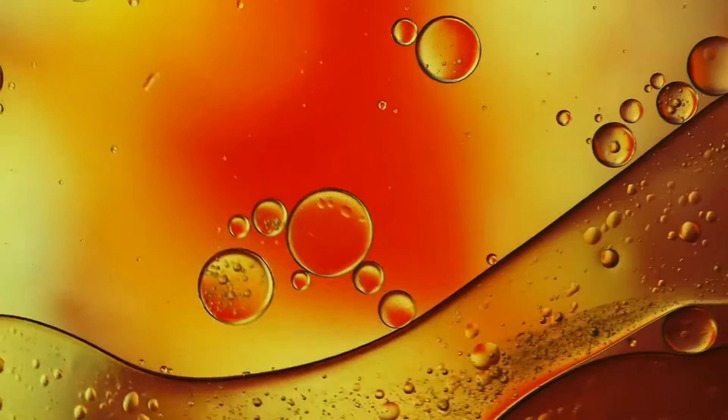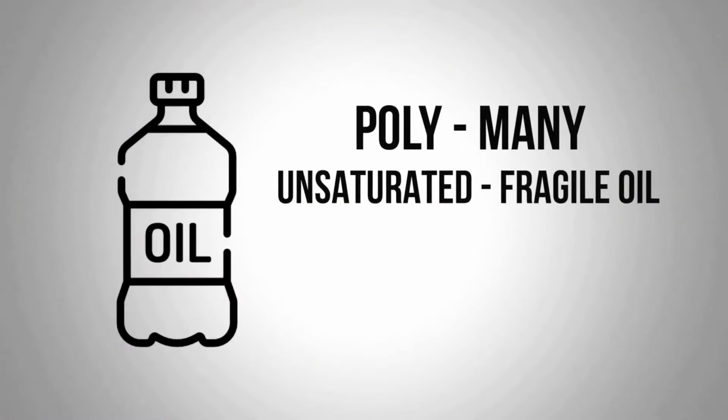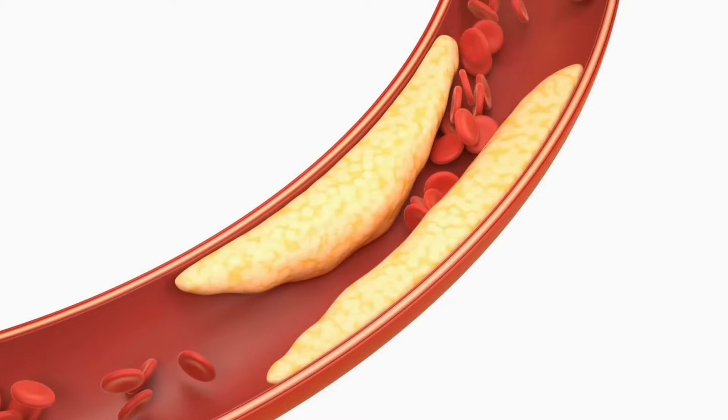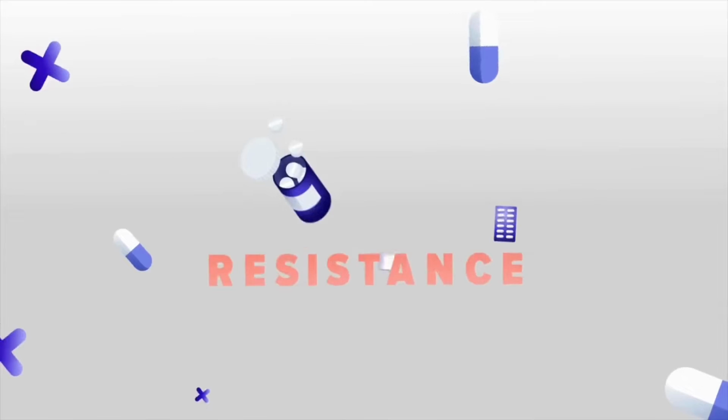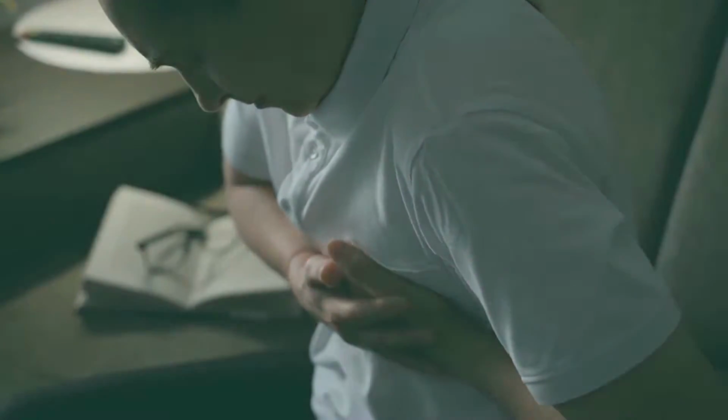Seed oils were never meant for human consumption, and they were originally developed for industrial purposes, not for cooking. These oils contain polyunsaturated fatty acids, which are fragile and unstable. When consumed, they can get into the membranes of our cells, disrupting their normal function. This disruption can lead to various health issues, including insulin resistance, fatty liver, obesity, heart disease, and an increased risk